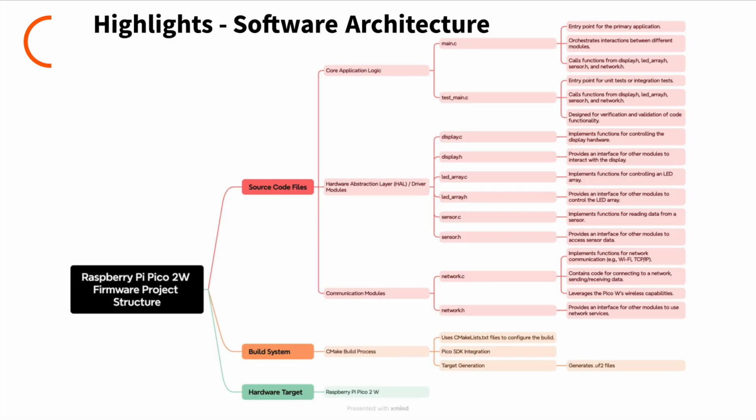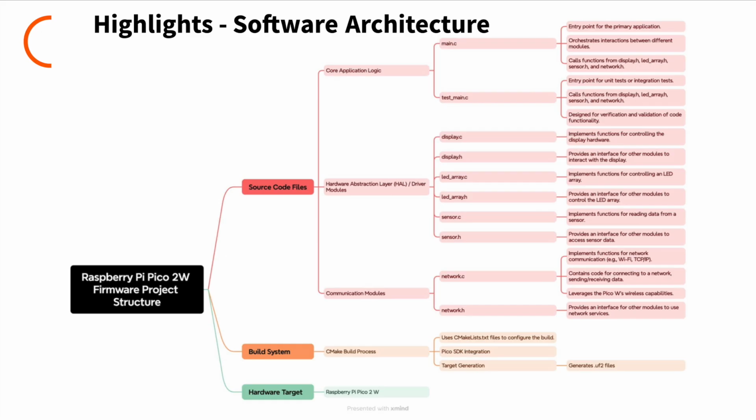There are essentially 3 buckets that are used together to produce our project. The first is the source code files. This includes the peripheral files such as display.c, ledarray.c, and sensor.c that help to run the logic for the hardware sensors and displays. Next, you have the communication module such as network.c that implements the network communication with Wi-Fi. Lastly, you have the core logic such as main.c and test_main.c that integrate the other files to all run together